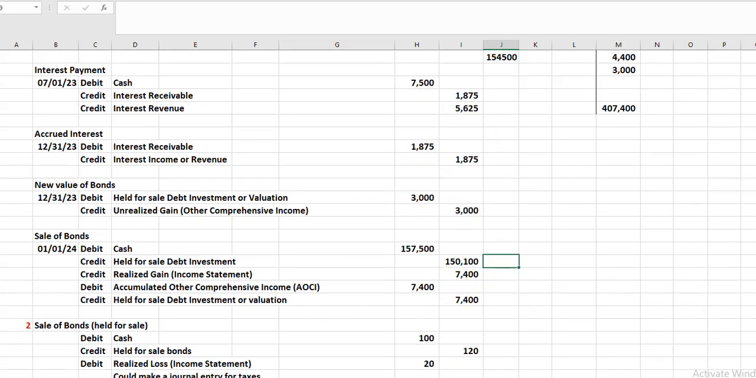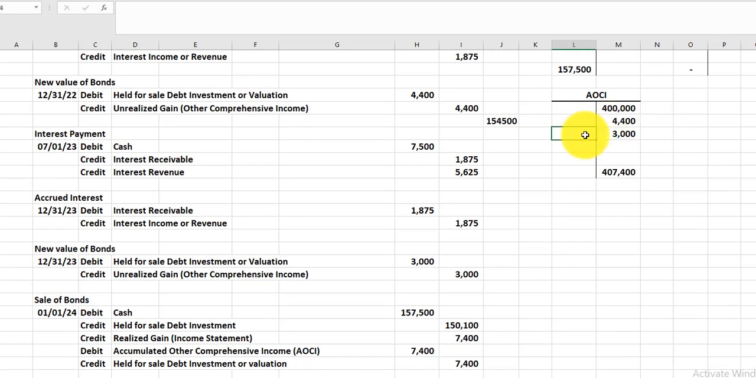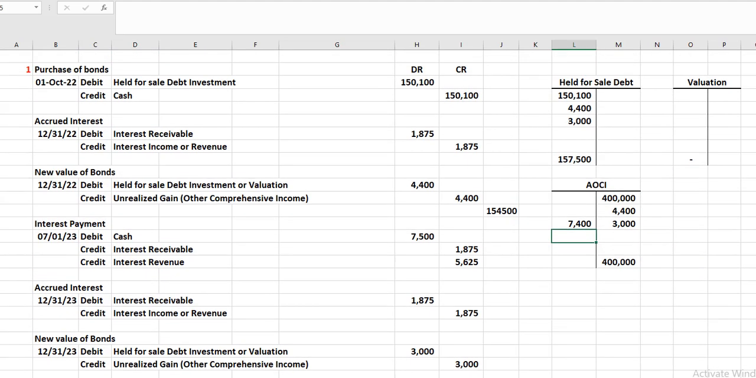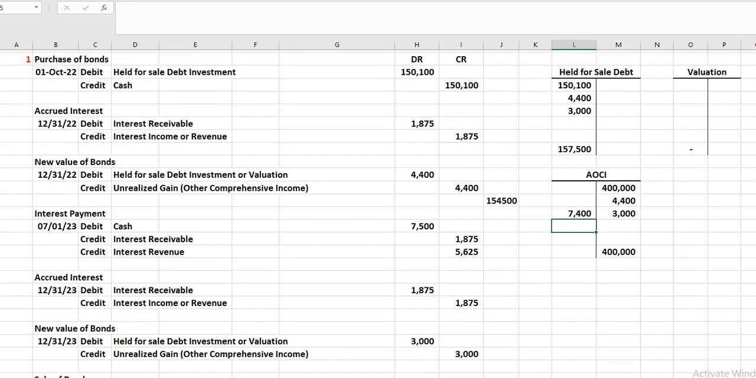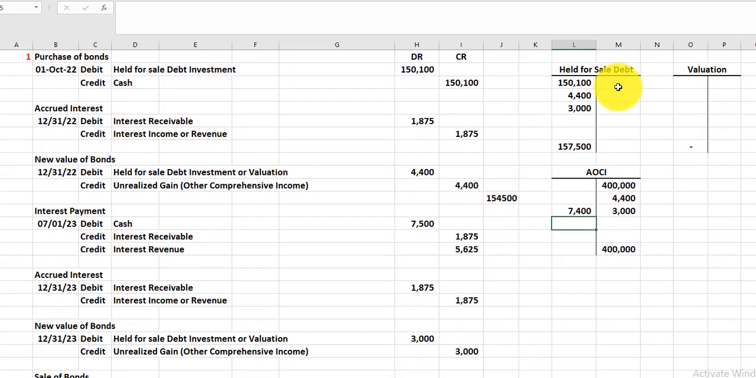So what's going to happen here? You're going to have 7,400, and your AOCI is going to go back to 400,000. So that's where you started, and that's where you end, since the investment is now gone. So you don't have any AOCI associated from that investment. And of course, you have to get rid of the